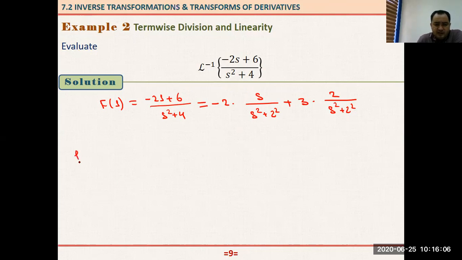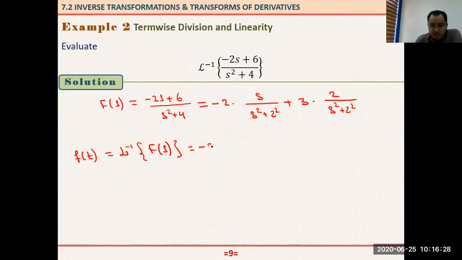Let's say that is f of t. What is that? That is the inverse Laplace of F of s, right? What is our F? It is given by this. And using the linearity property of the inverse Laplace transformation here, I can just write it